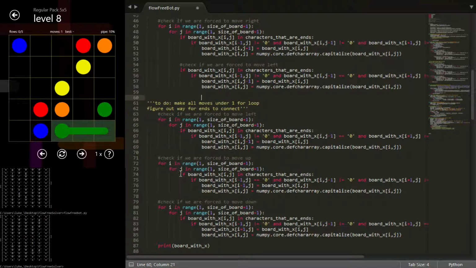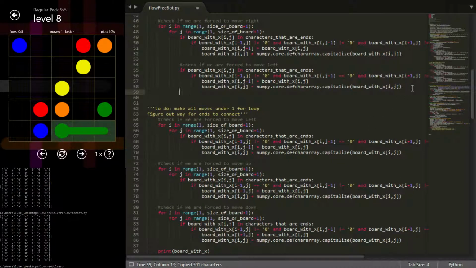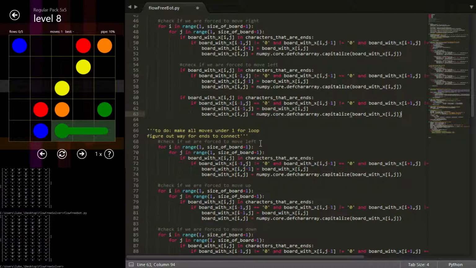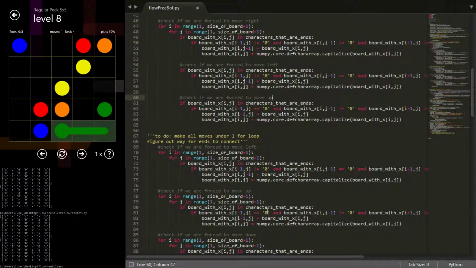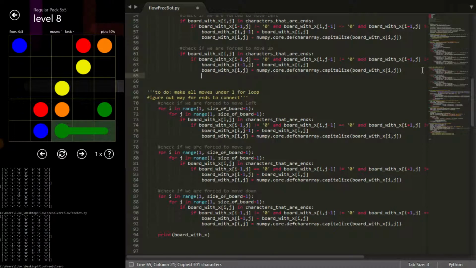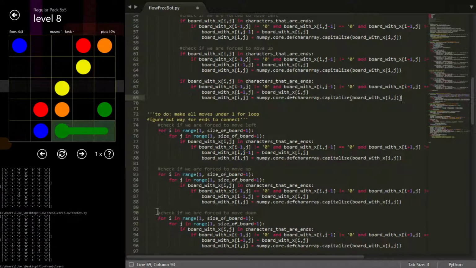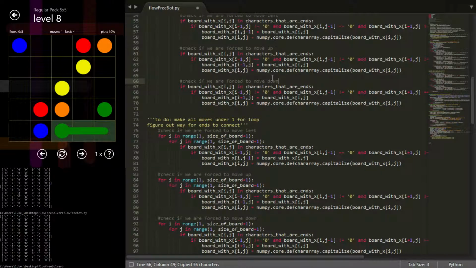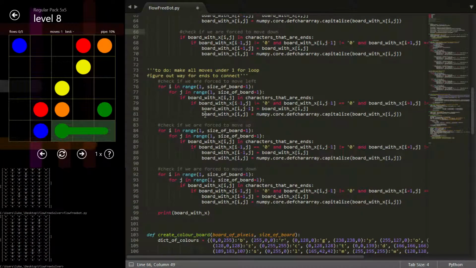So we can take that, we can take this, so what this is going to do now, once we comment all this out,